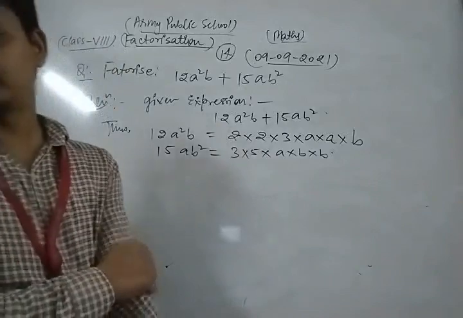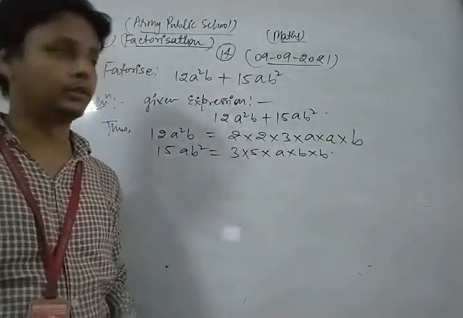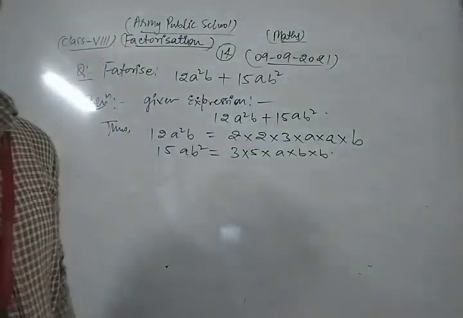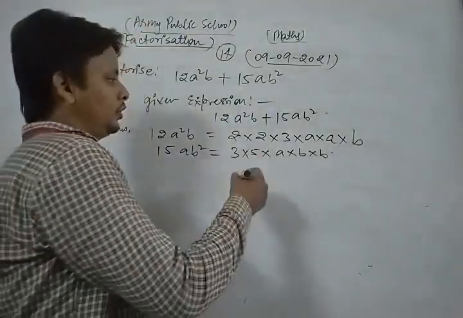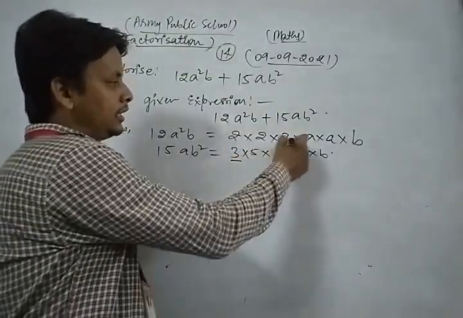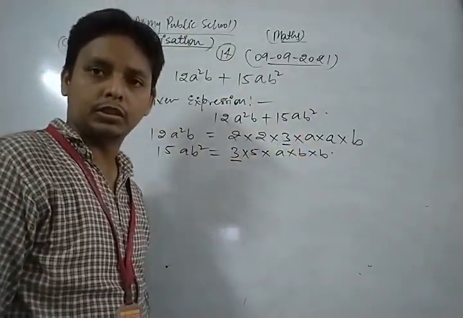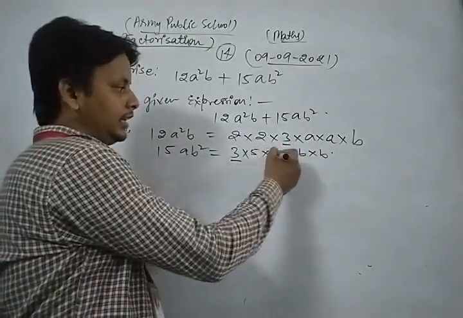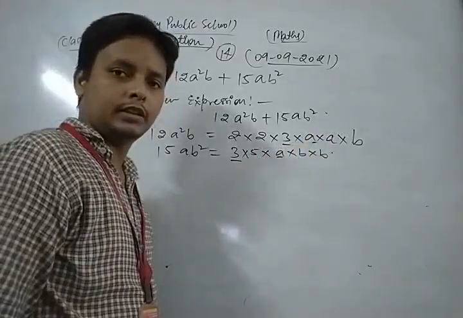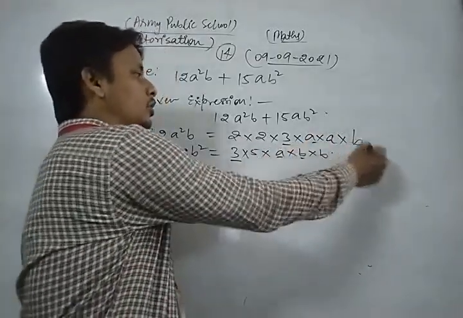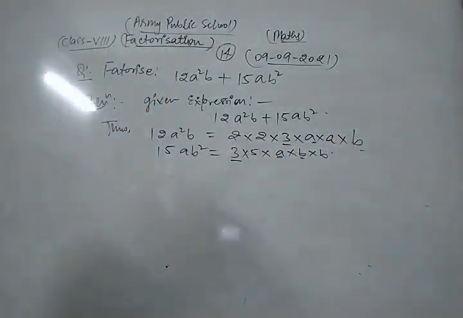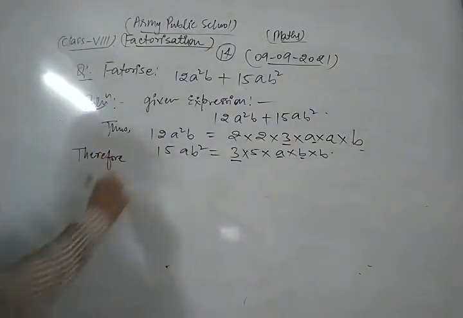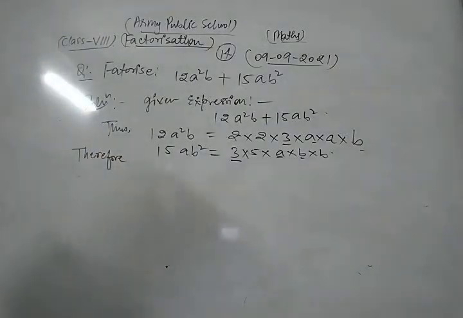Now we find what is the common factor here, the common factors in both the terms. Okay. So look, 3 is the common factor in both the terms. Like 3 is here, 3 is also here. A is also a common factor of the given expression and b is also a common factor. Okay, so thus we can write, therefore,